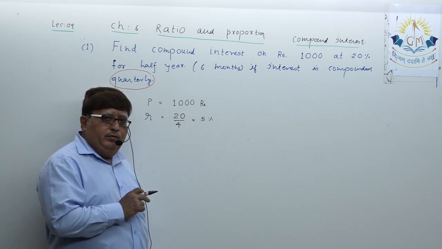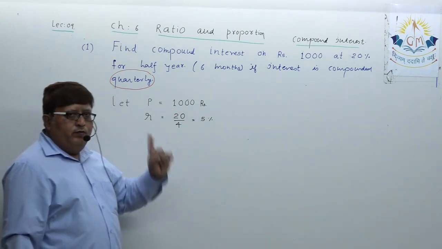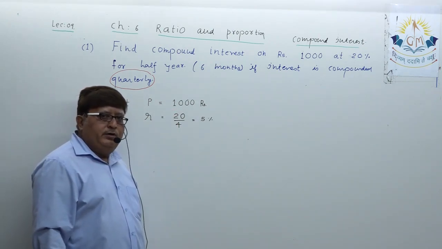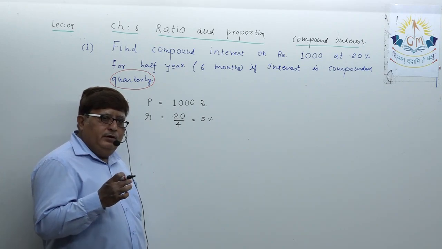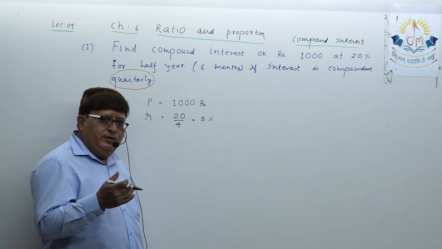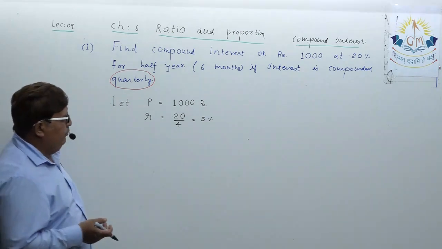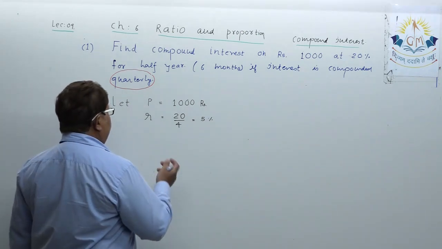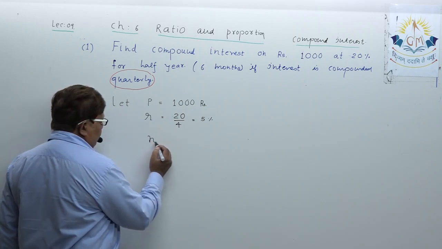Here you are taking 1/4 of the rate of interest, because quarterly means 1 year is divided into 4 quarters. So compound interest is calculated 4 times. You understood? 5%. And then, dear student, about n,